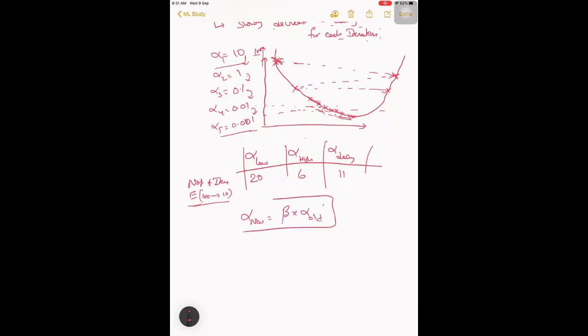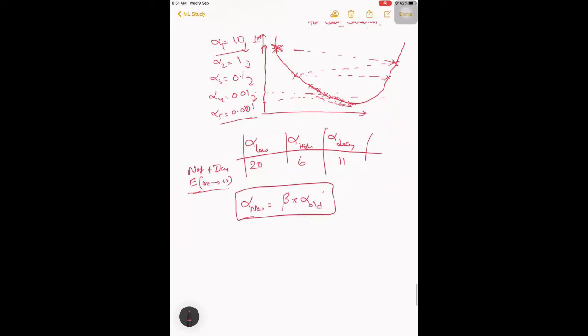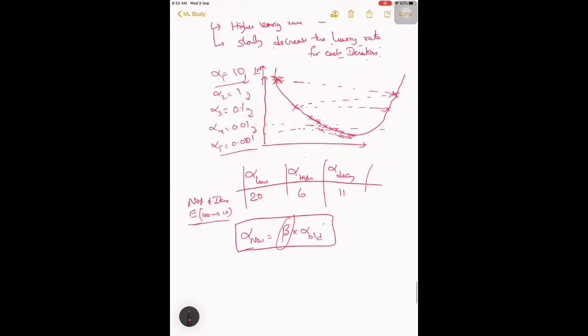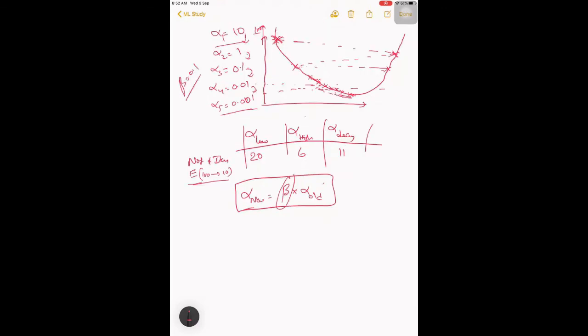Every iteration, or sometimes every epoch, I'll be telling what epoch and iteration are, we multiply with a factor, just like here we multiplied with 0.1. Here beta is 0.1, but it won't be to that level. It will be 0.99 into alpha old, which is usually the default value we take for the decay of the learning rate.